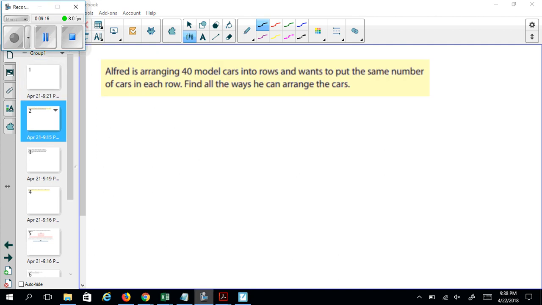Alright, so we have a word problem here. Alfred is arranging 40 model cars in rows, and he wants to put the same number of cars in each row. Find all the ways he can arrange the cars. Keywords that I'm going to point out here for you is the word arranging. That means they need to arrange